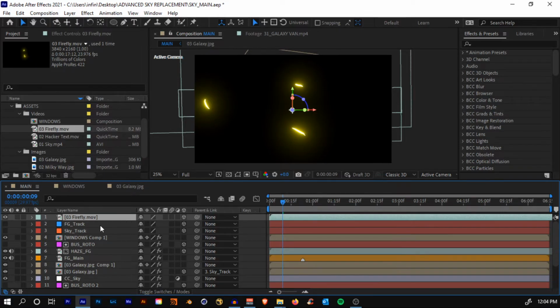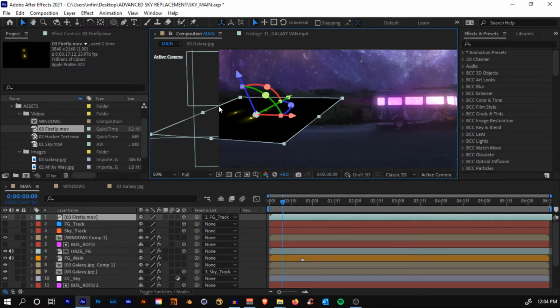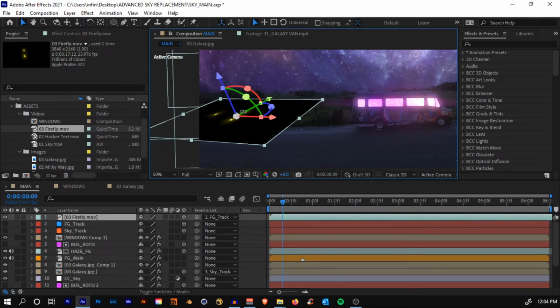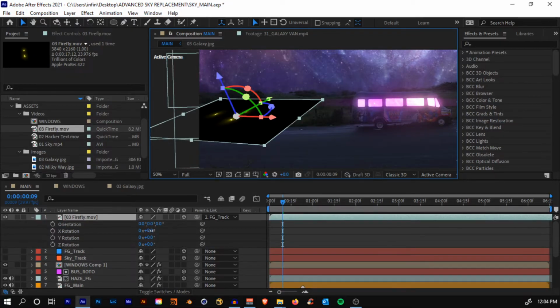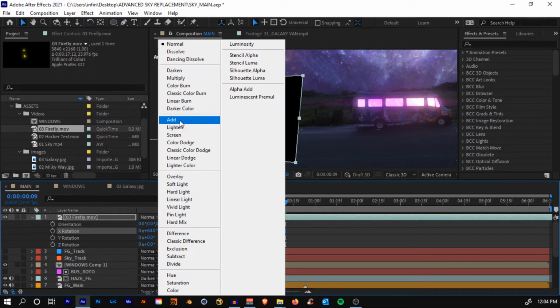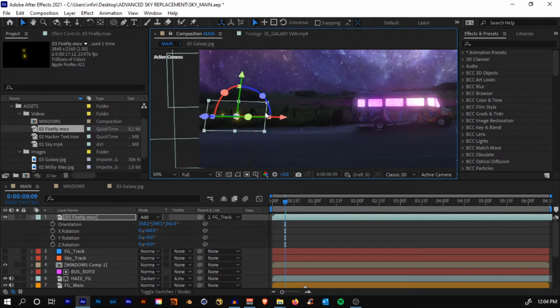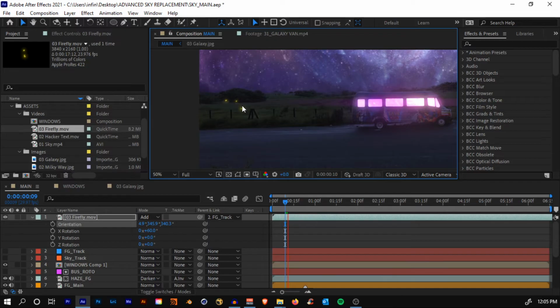And what we'll do the same thing. Hold shift on a keyboard, select this pick whip tool and parent it to the foreground underscore track, and we'll have a layer right there. Don't worry about its alignment, we'll do it. So hit R on your keyboard and align it and change the blending mode to add. Just align it and scale it down, something like that, so that we have a few of the fireflies right there.